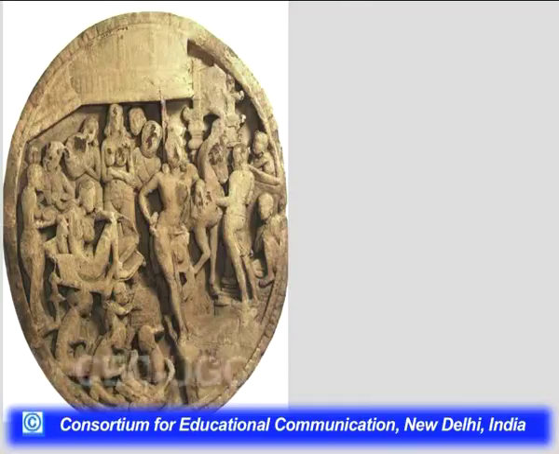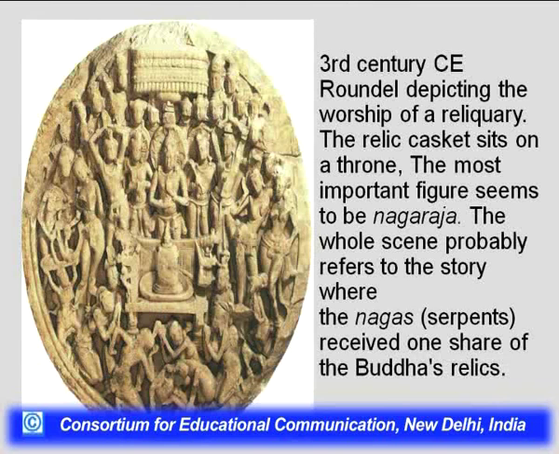You can see how especially in the body of the figures who are sitting, they are crouched almost in a circle. So the flexibility of bodies is something that becomes very important. Here you can see that this probably depicts a moment of departure from the palace as the horse is coming out. Right? Another example of a roundel,